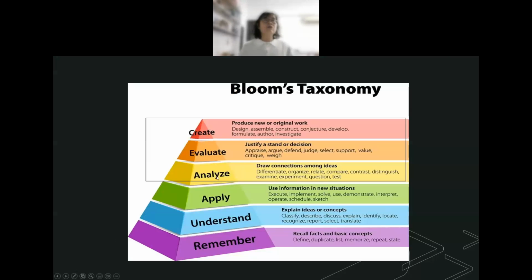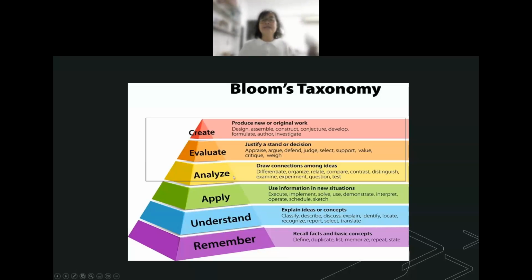That means your questionnaire cannot fall below this. The lower levels are for undergraduate. During your degree time, you use findings and data to show that you can remember, that you understand, that you can apply. But when you reach masters and PhD, you need to show that you can analyze.